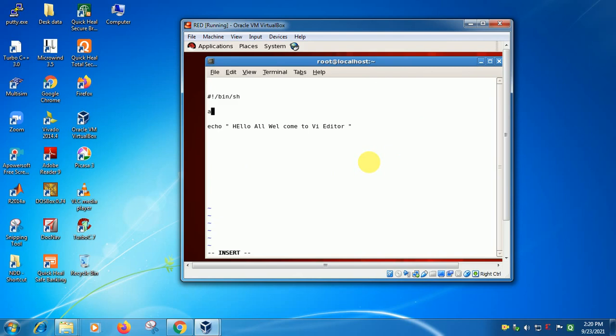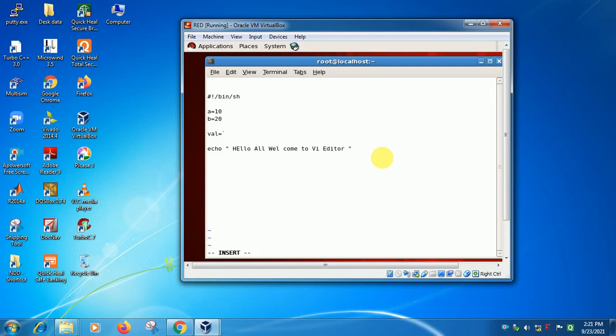Here we again modify this program. Here variable a is 10 and variable b is 20. Then I can do the addition of a and b. Addition is a mathematical calculation, so I can declare one variable, val equal to, then a single quotation mark, which is present just below the tilde sign on the keyboard. This is very important.